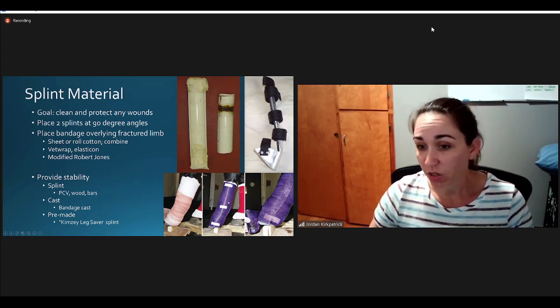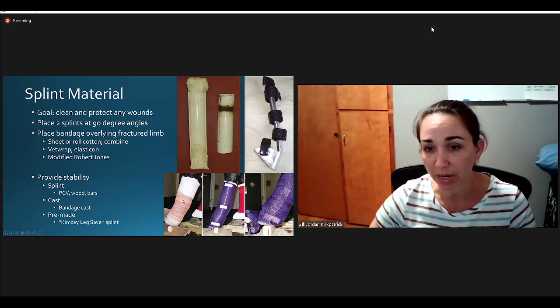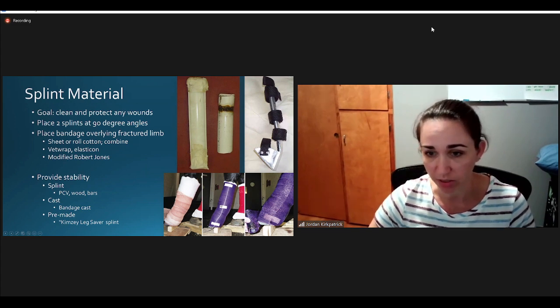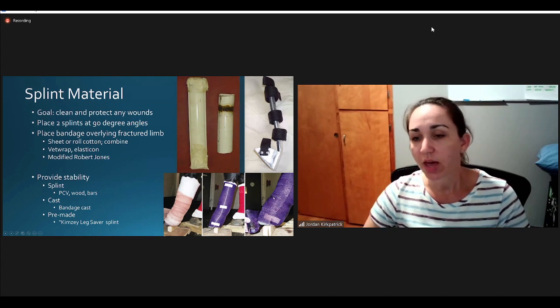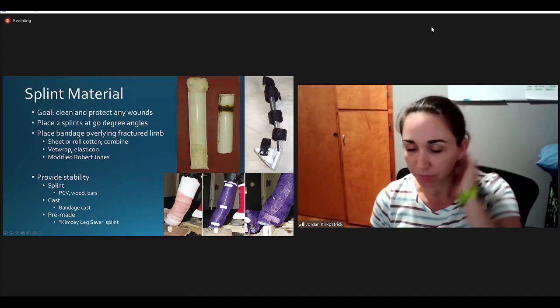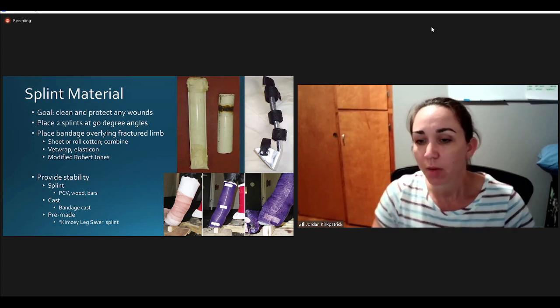And then another thing, if you don't have splints, would be what we call bandage cast. So in this image, a bandage is being placed on the patient, and then this is cast material, which also happens to be purple, which matches the color of the vet wrap, is going around the limb. And so that is just a simple stabilization technique. It's stronger than just the PVC piping,